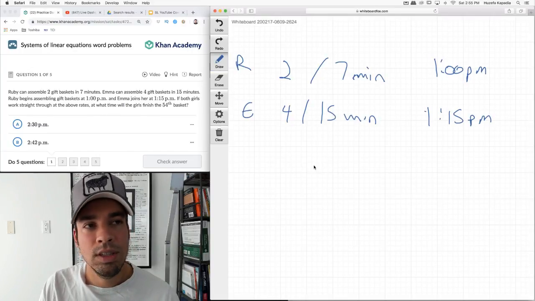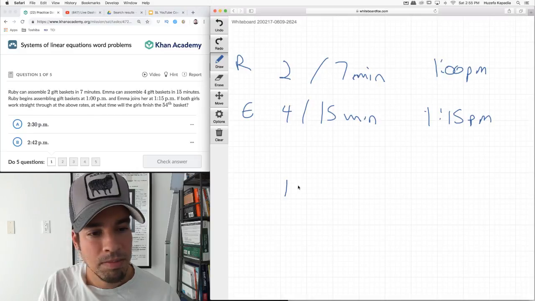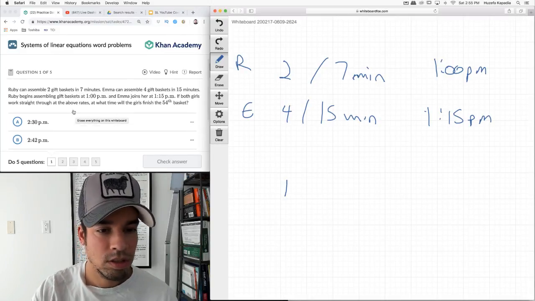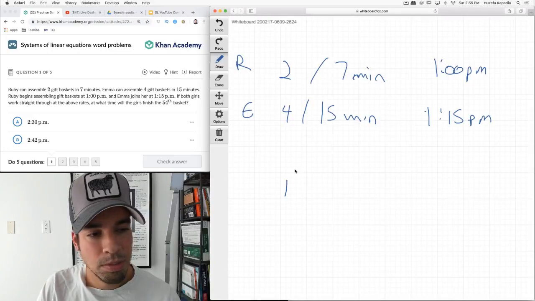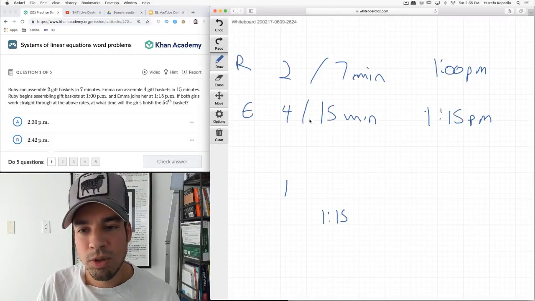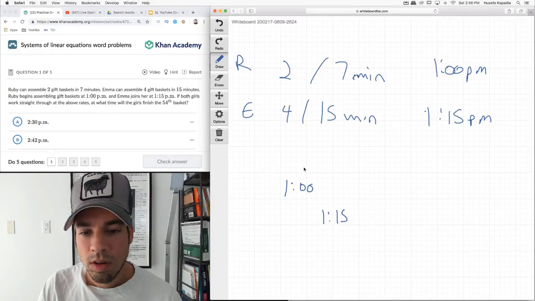Also, it's not like they're working together. Well, they're working independently, but sort of at the same time. And we've got some different time options here. So it looks like 2:30 is the earliest that they could potentially finish by. If we look at 1 and this other person at 1:15, and this person is really doing, let's say, 16 every hour. So let's think about it like this. We have every 7 minutes.